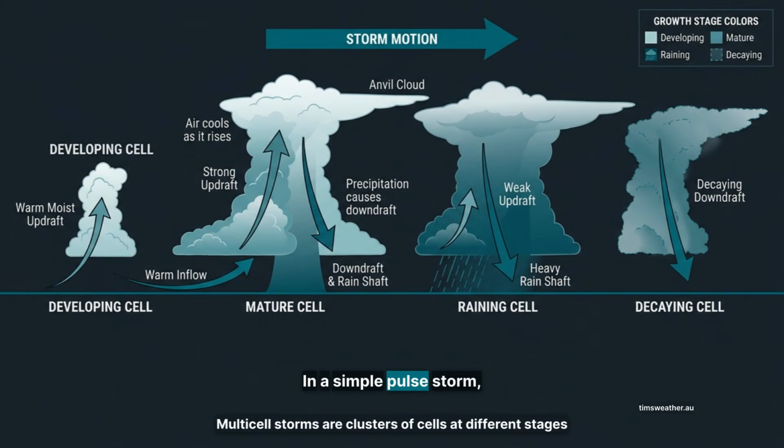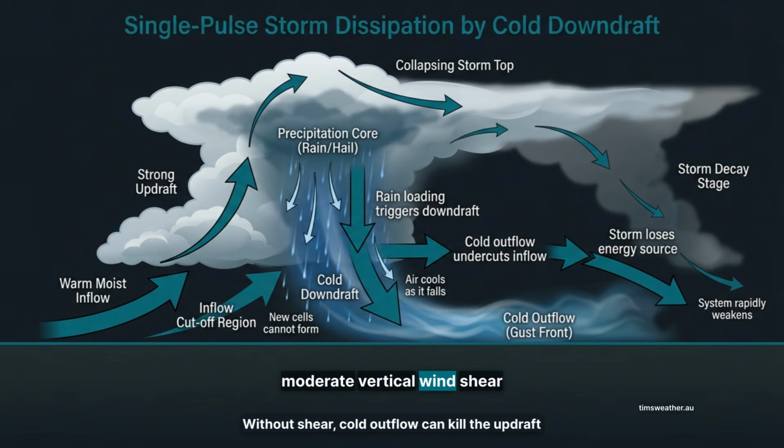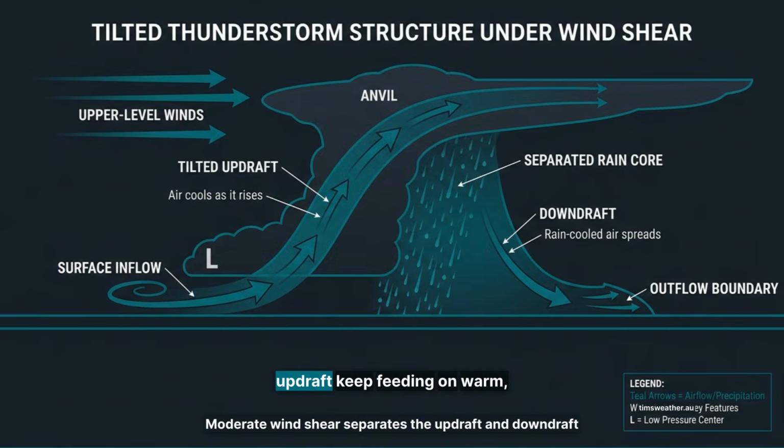In a simple pulse storm, the rain-cooled downdraft falls back into the same place as the warm updraft. That cold air cuts off the fuel, so the storm often collapses within 30 to 60 minutes. In a multicell environment, moderate vertical wind shear changes the story. Wind shear means the wind changes speed or direction with height. When the shear is moderate, it tilts the storm just enough to separate the rising warm air from the falling cold air. That separation lets the updraft keep feeding on warm, moist air, while the downdraft lands nearby instead of